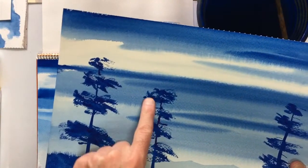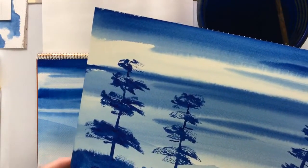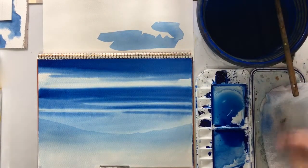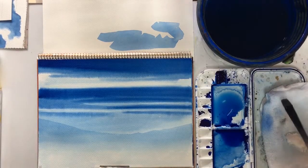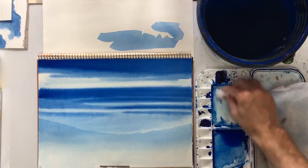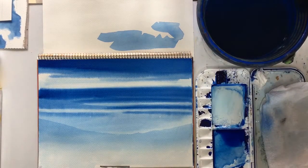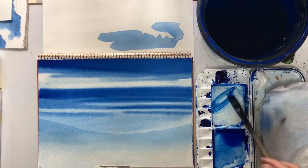Now, one of the hardest things, I should show you this, is trying to get this effect. Even I can't always get that, and we'll be using our scrap paper a lot to help us get the right mix, but we might not be able to do it, but we just do our best. So this is a bit too watery. Use some tissue, wipe up the excess. Okay, then let's get some paint,